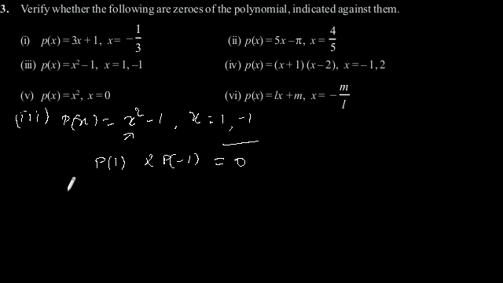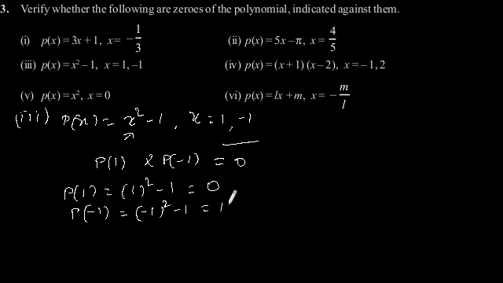So let's put x is equal to 1 first. p(1) is equal to 1 to the power 2 minus 1 is equal to 0. p(minus 1) is equal to minus 1 to the power 2 minus 1 is equal to 1 minus 1